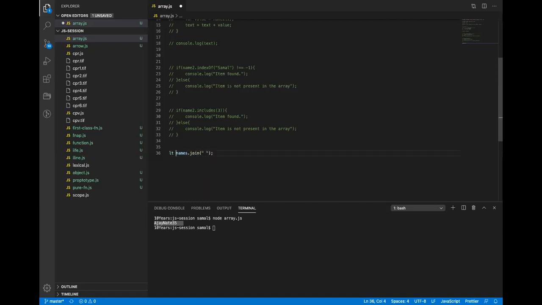So I'll say let values, and console.log values. Now if I print this, it concatenates all the values with a space. If I remove the space here, it concatenates without a space.